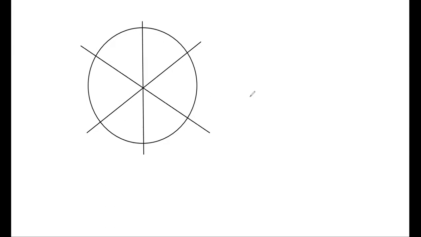Otherwise, if it's something else, they will mention that they are facing away from the center. Facing away from the center means this guy is looking this way. Got it? So picture yourself sitting in the circle and looking this way. So this is your right side, this is your left side. Picture yourself sitting somewhere here, looking towards the circle. This is your right side and this is your left side. Please note that. Your eyes are towards the center. Got it?